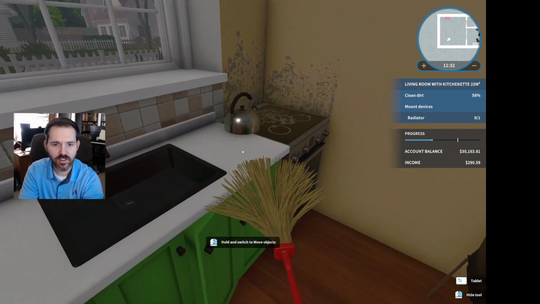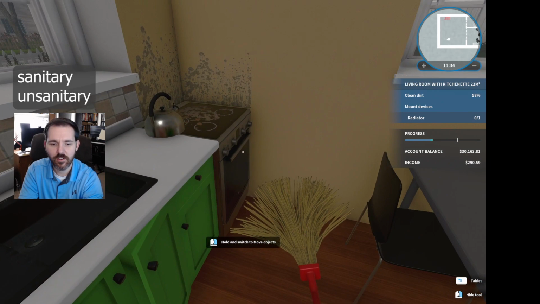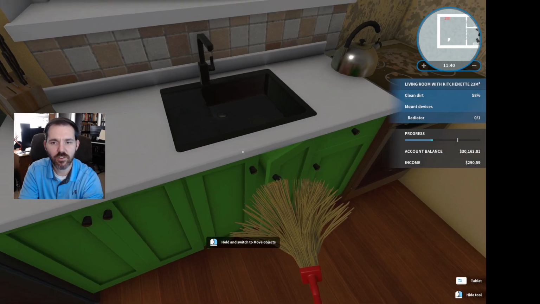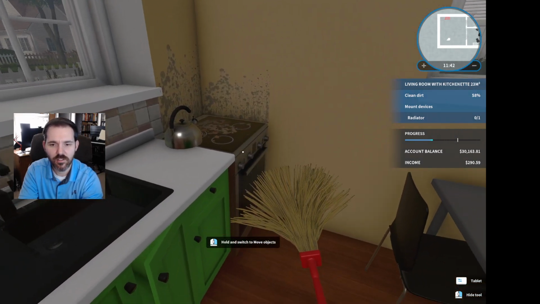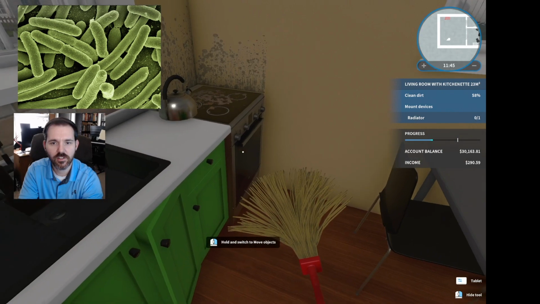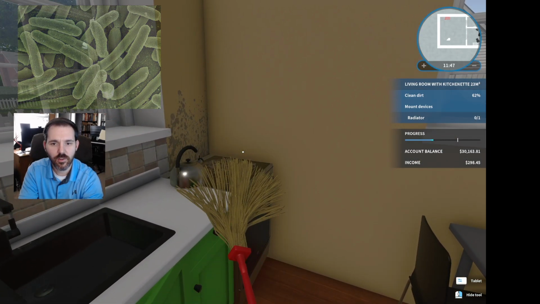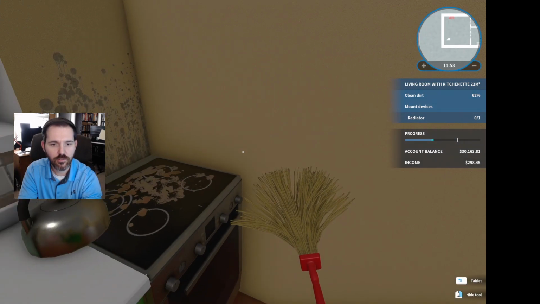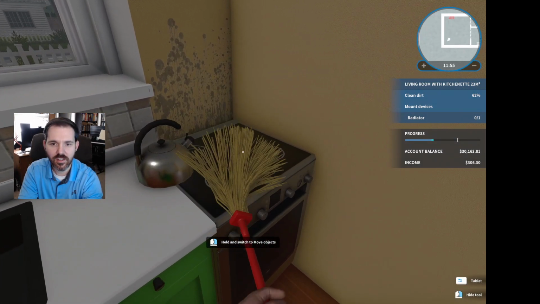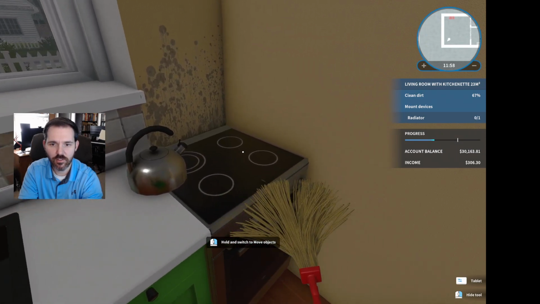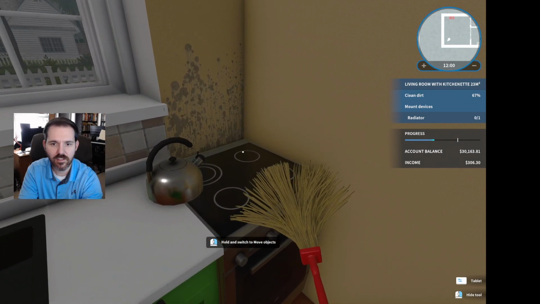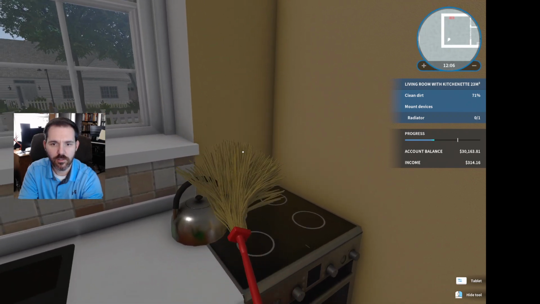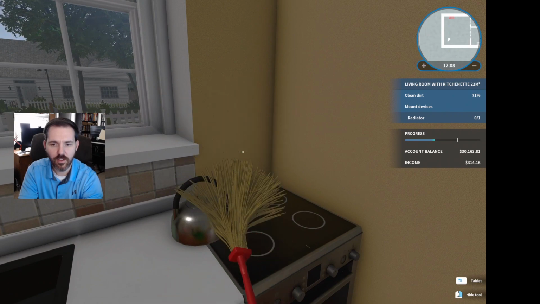Okay, and of course in real life, it would be very unsanitary to use the same broom that you use to clean the floor to clean your counter. You would put germs from the floor on your counter. All right, we're going to clean the stove now. Let's move over here closer to the stove, and I'm going to clean the heating surface of the stove. We have 4 eyes, 1, 2, 3, 4 eyes, and on the wall there's something splattered on the wall.